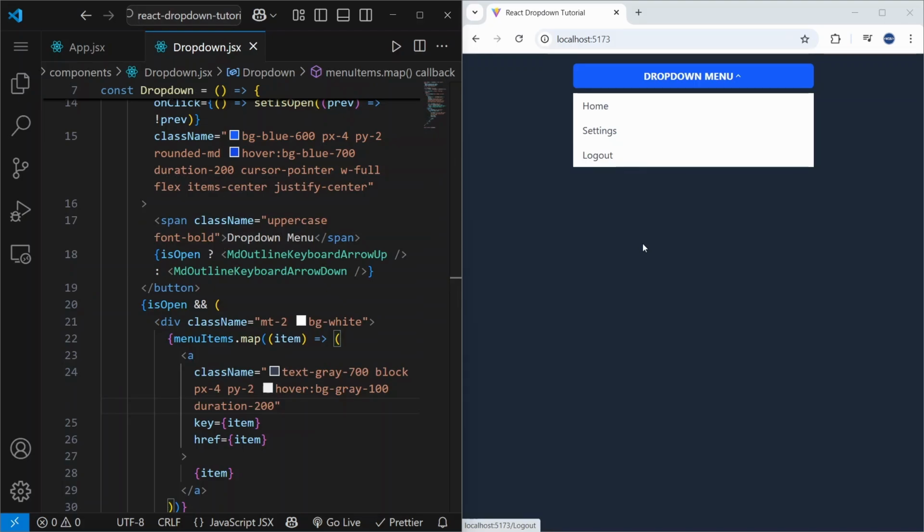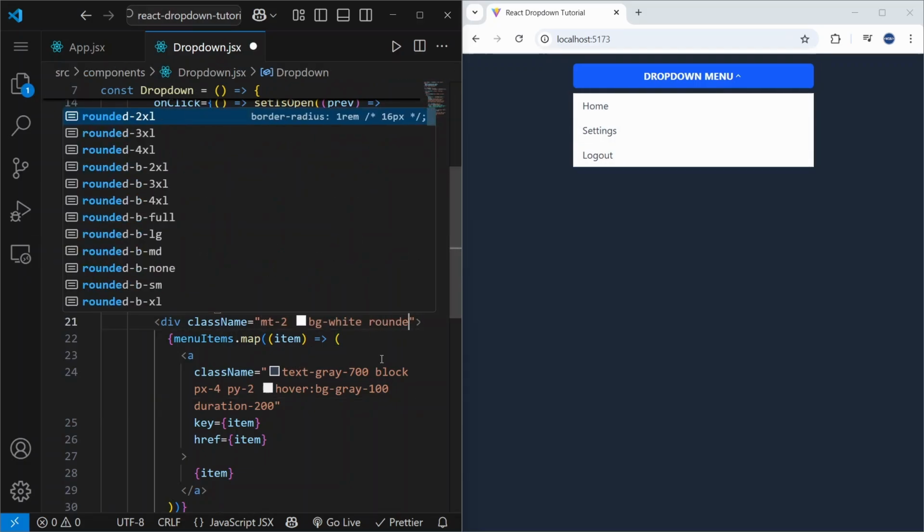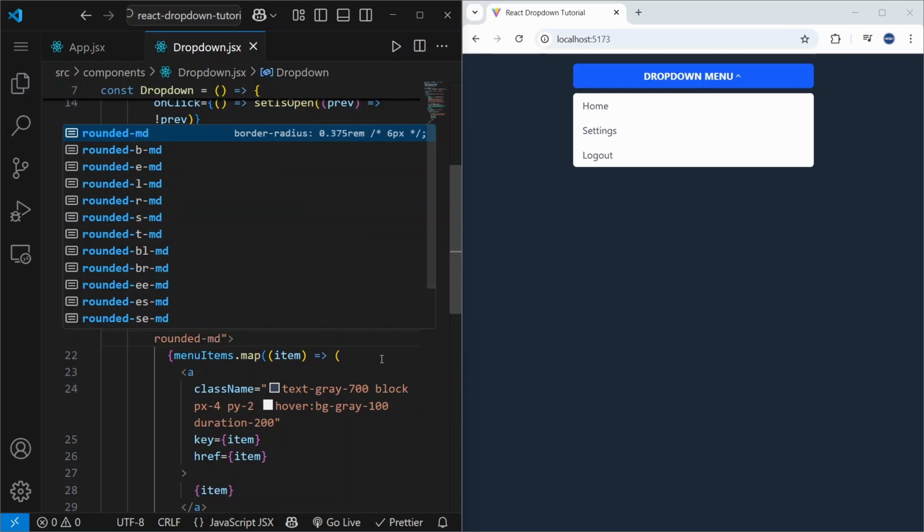Okay. So let's make our drop-down menu. Let's make this div rounded as well. So let's say that it will have a border radius of 6 pixels. Okay. Now, when I hover this logout, you can see that on hover, we see this